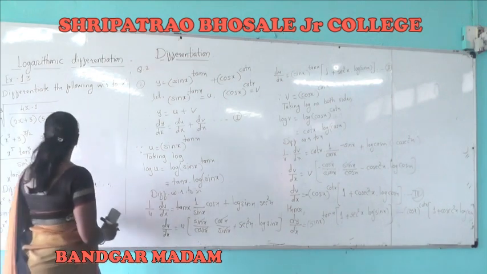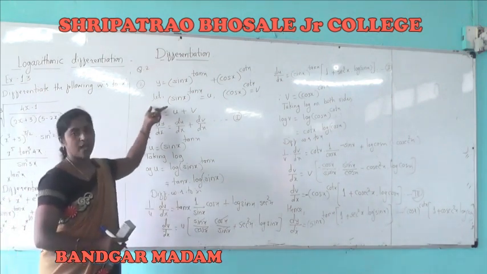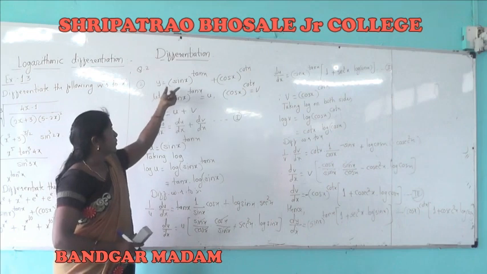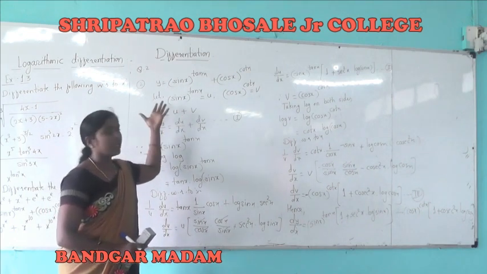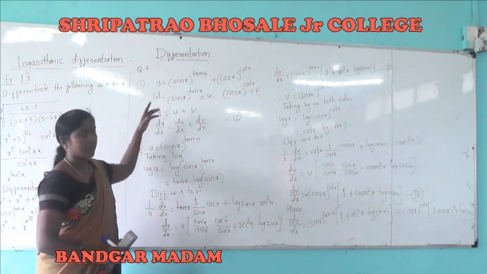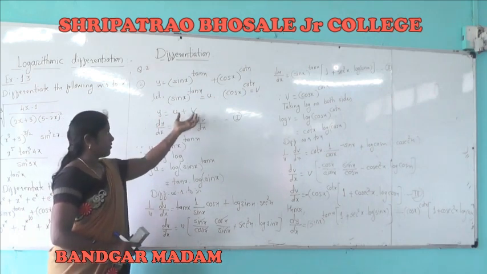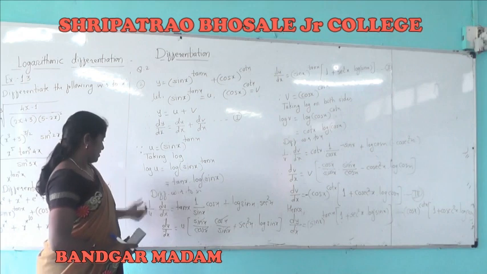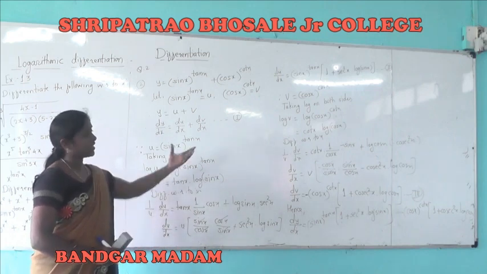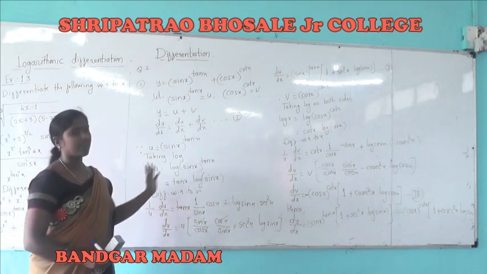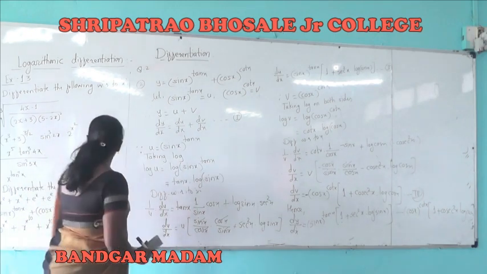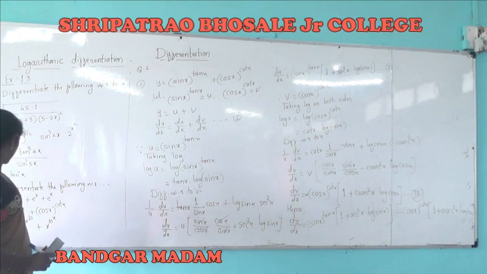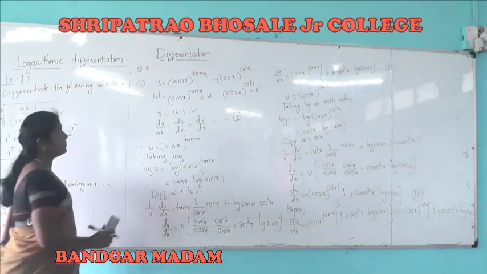For all these problems we have to take care to replace the first function as u and the second function as v, and then solve u and v separately, so that we find du by dx and dv by dx and then add these two equations. All the examples are the same here, so we are going to solve the last example, the third example.